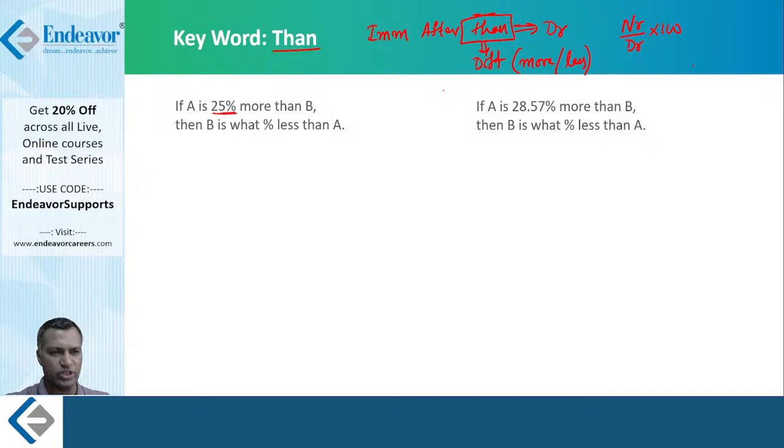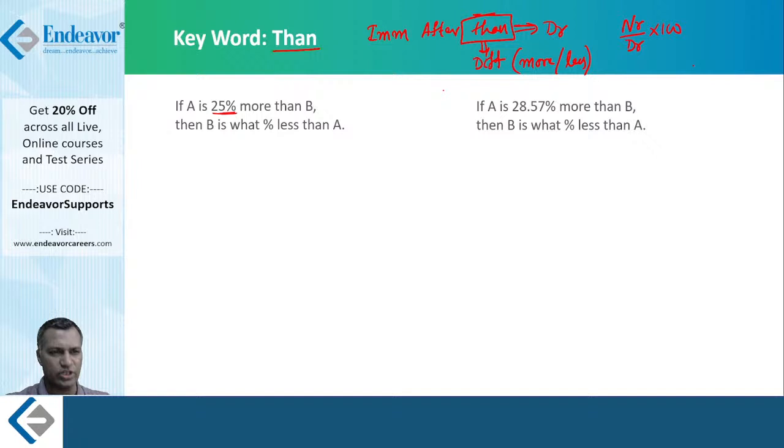So let's put it like this, to simplify it. Maybe at one stage you want me to simplify. Let's put it like this: 50 is 25% more than 40. Technically it is true, right? It is true. But you may wonder, how did you arrive at these numbers 50 and 40?